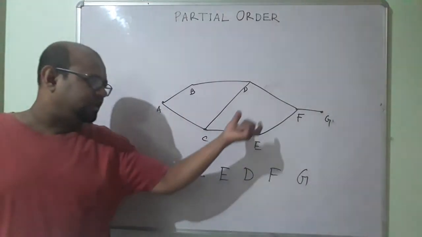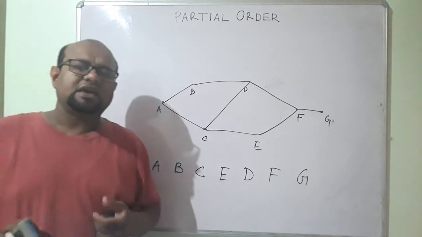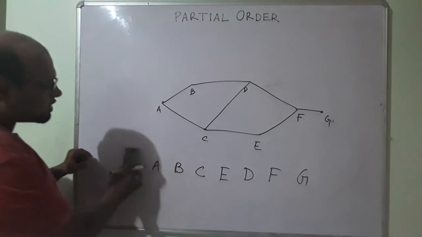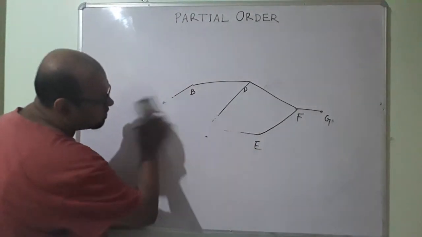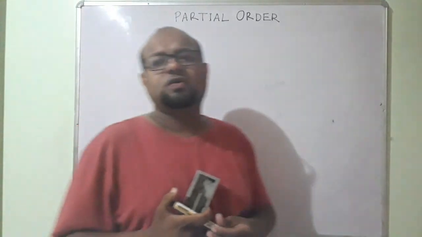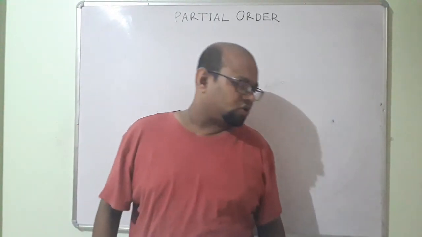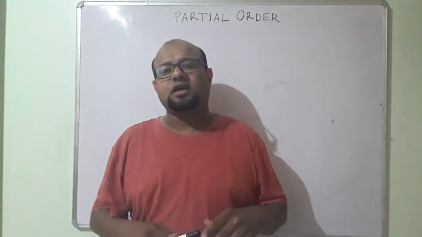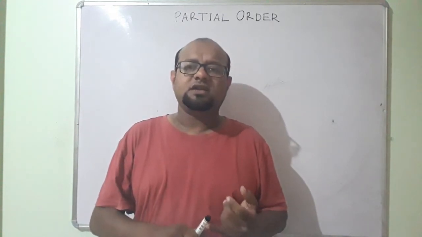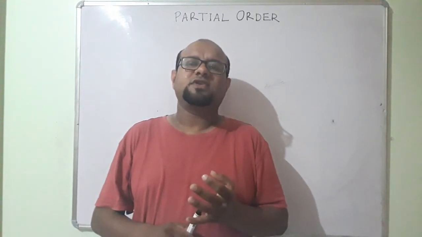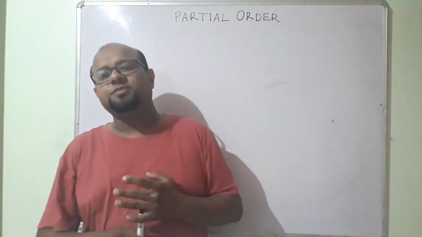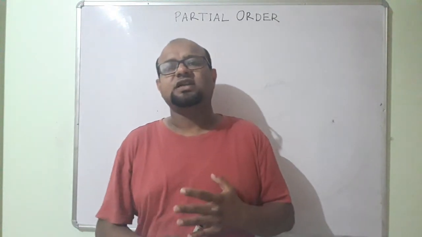This kind of sorting out of a partial order can be done using something called topological sorting, okay. So that is also an important topic that is closely related to your partial order, but that is beyond our syllabus, right? So that is also one more topic that you should look at. Apart from that, I will be doing one video at the very end regarding maximal and minimal element, lower and upper bound, principle of well-ordered induction, and Hasse diagram, okay. So these are important topics that you should know about, but these are not there in our syllabus.